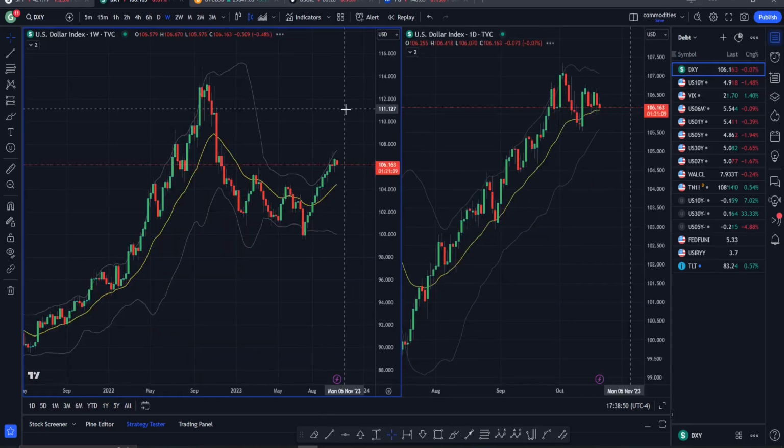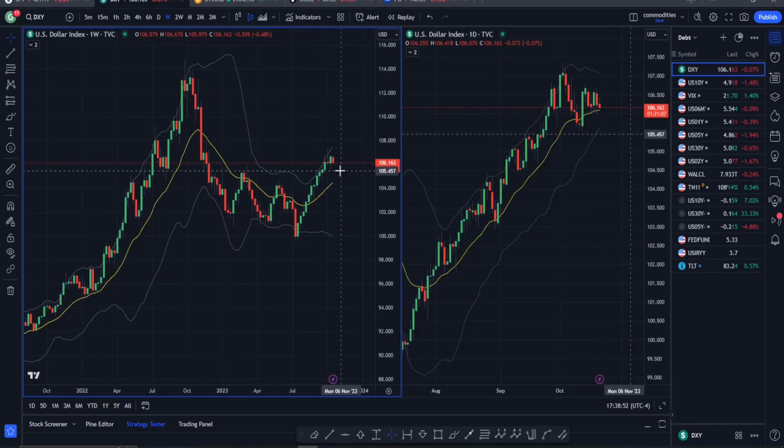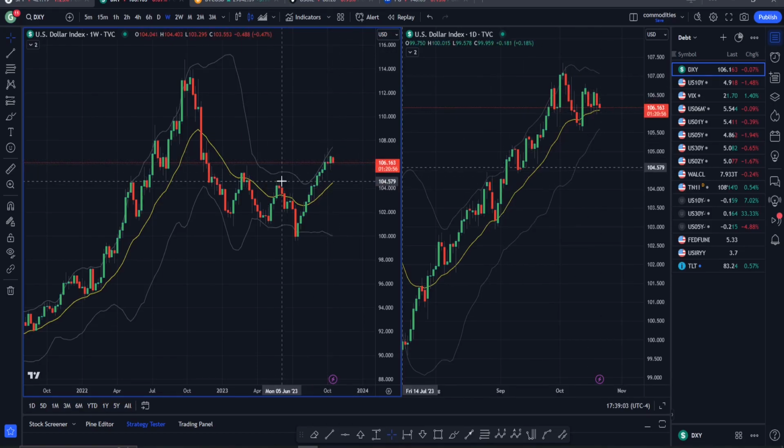Turning to the U.S. dollar, red week here in the dollar. As you can see, consolidating here right above that daily midline. These bands are starting to get pretty squeezed here. I would maybe expect a roll over here in the dollar, maybe for a retest of these previous highs back here for May, as these previous highs do line up with this weekly midline.